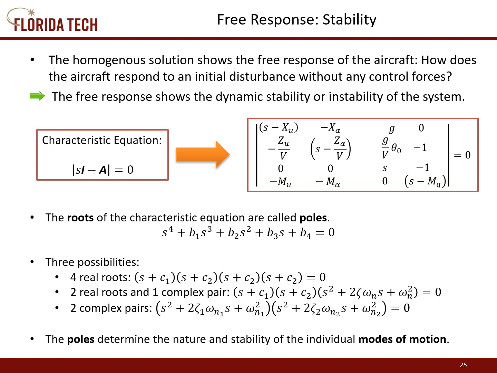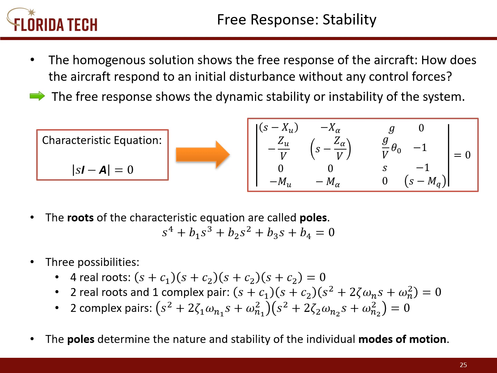So for our stability analysis, we're going to focus on the homogeneous solution, and that shows the free response of the aircraft. In other words, how does the aircraft respond to any disturbance without any control forces? The free response shows the dynamic stability or instability of the system, but we're really going to get that by solving this characteristic equation of the determinant of sI minus A, our A matrix, and set